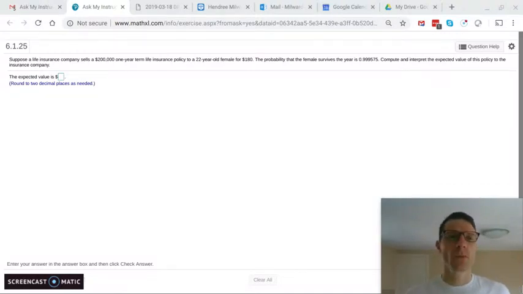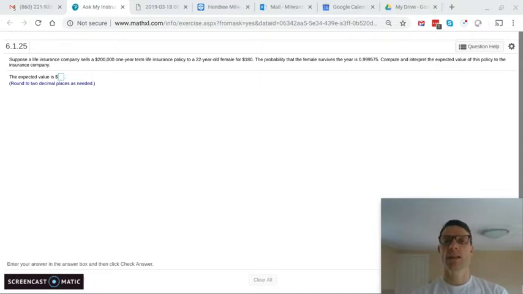Okay, here's question number 6 on 6-1. And this is quite a common question for this region, right? Connecticut ends up being a huge capital for insurance. So this problem says, suppose a life insurance company sells a $200,000 one-year term life policy to a 22-year-old female